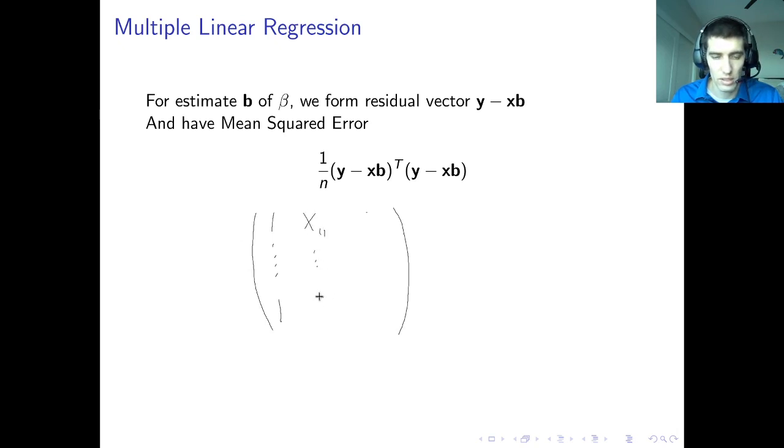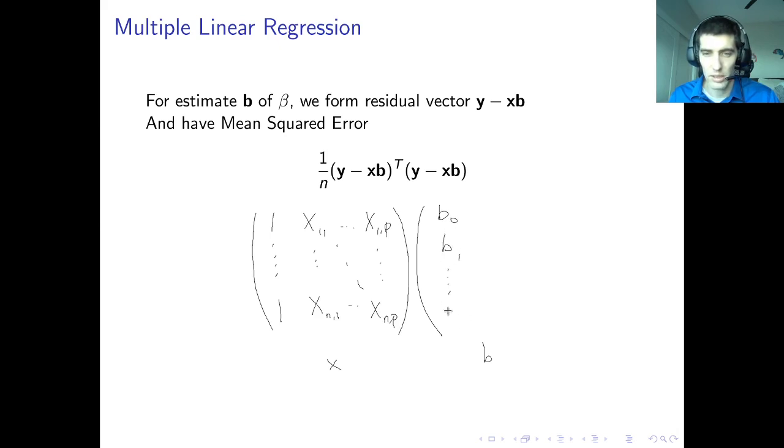x11, xn1, so this is n observations and p predictors, x1p and xnp. And so we're multiplying. This is x. What I'm doing here is writing out xb in this matrix multiplication form, and we have this b0, b1, bp. And again, what we're doing with these b's, as opposed to using betas, is that